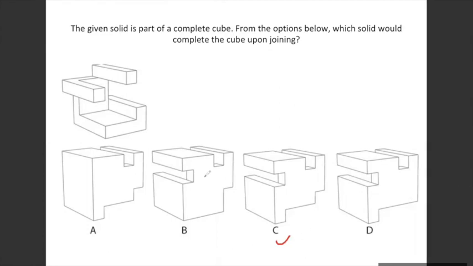The issue with option D is this head is missing. And this head will actually come here, so after this, there has to be a cut like this in option D. Only then this head will fit. In option B, the bottom base is missing itself. This base, which is there, is missing in option B. That's where option B is wrong. In option A, this part is missing. The box which will come here, that box is missing in option A, and that's why option C is the correct one. Clear?